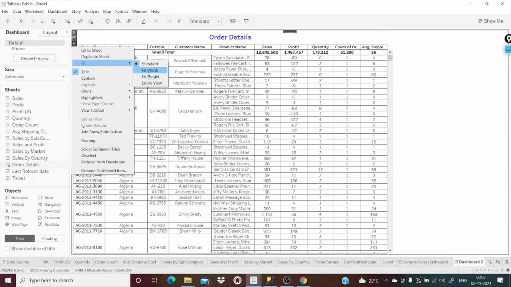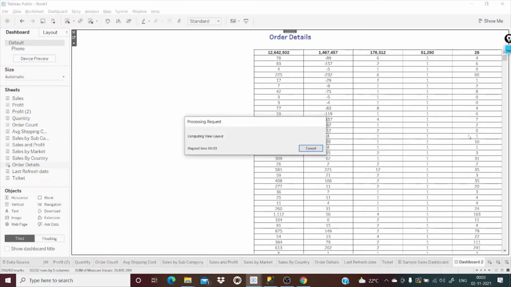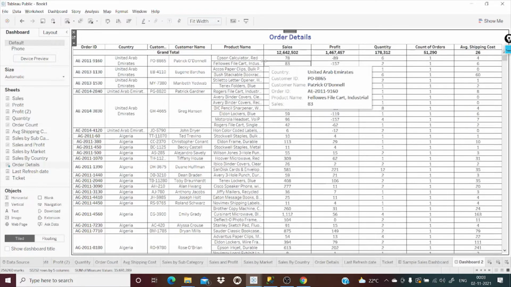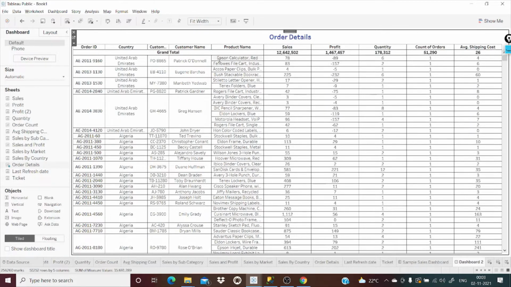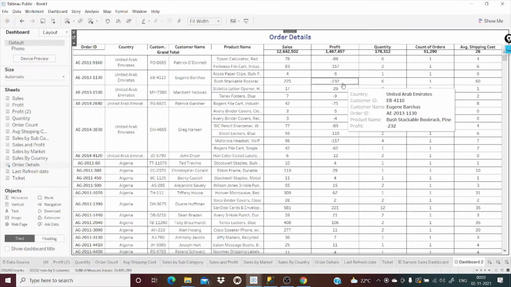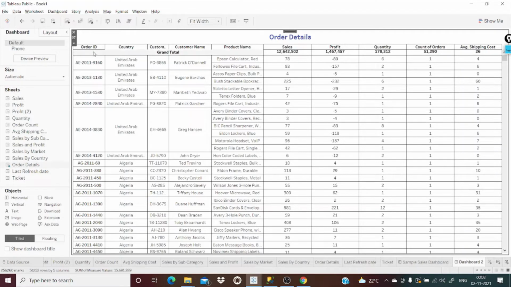We want to fit only the width. So we'll do fit width so that it occupies all this free space. We'll try to increase this one. We'll see how it looks. In case you want, you can try to adjust. Okay, better. This is fine. Oh no, it is not looking better.